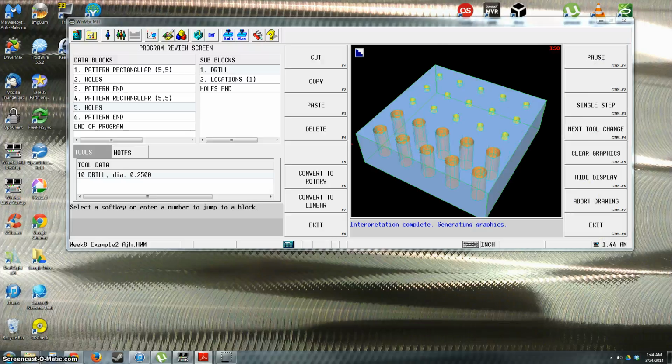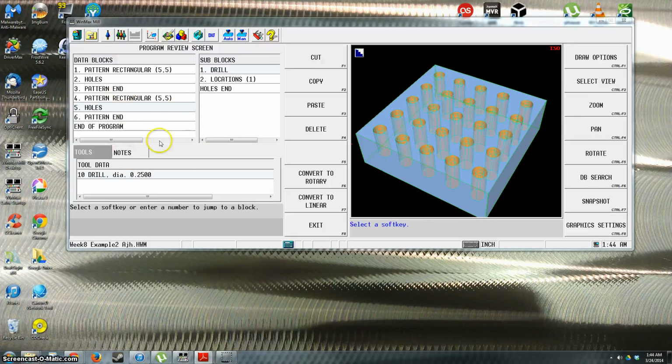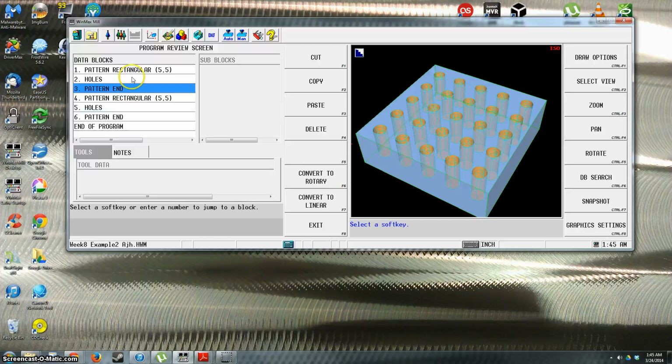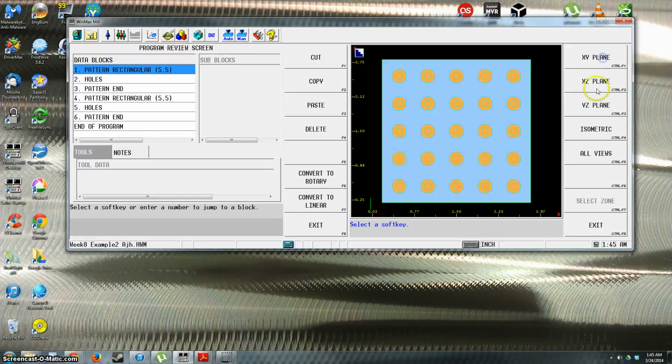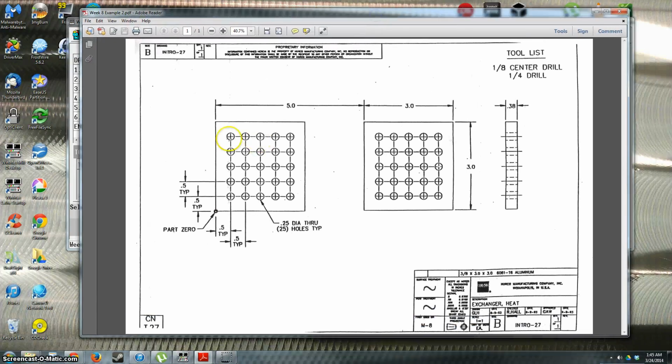So we need to pattern what we've just patterned into two separate locations. The way we do that is we kind of have two options. Depending on the part you're doing, sometimes you want to do just one part complete and then move on to the other part and do that